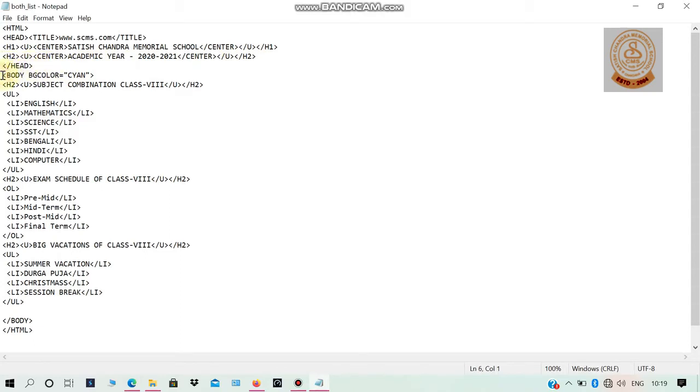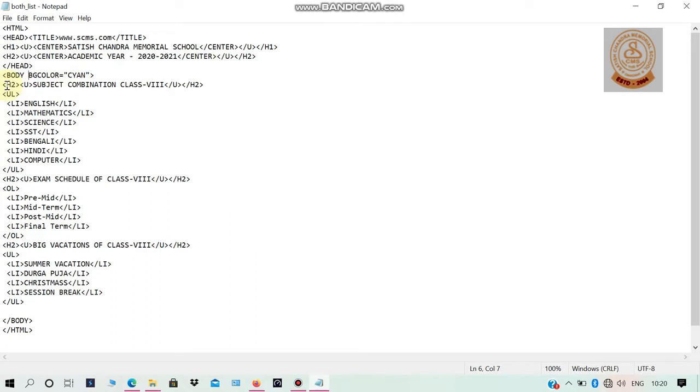After that, I have started the body part of the HTML document with the body tag. Within the starting body tag, I have mentioned bgcolor equal to cyan, that means light blue. After that, I have started the body with the semi heading.